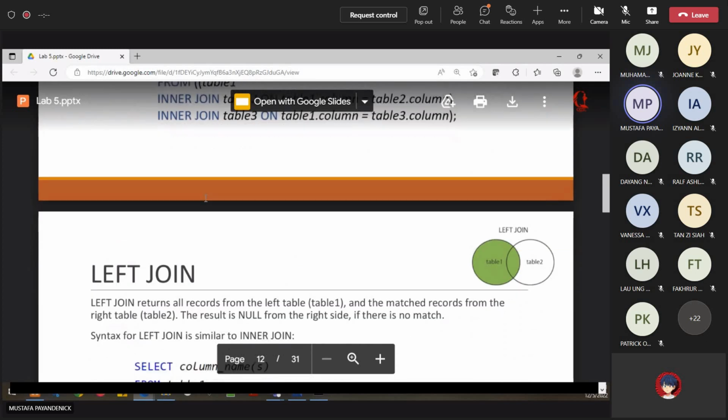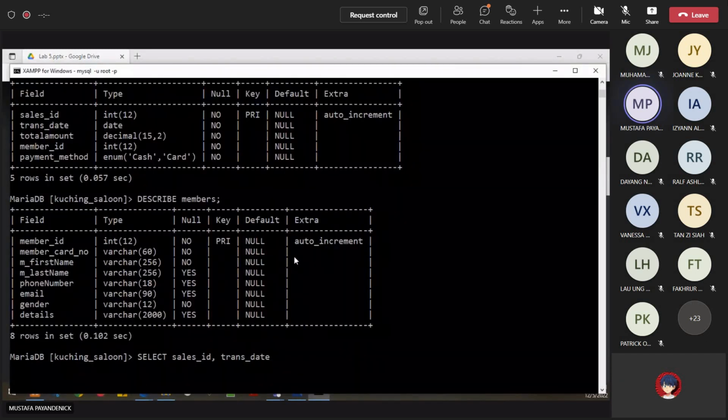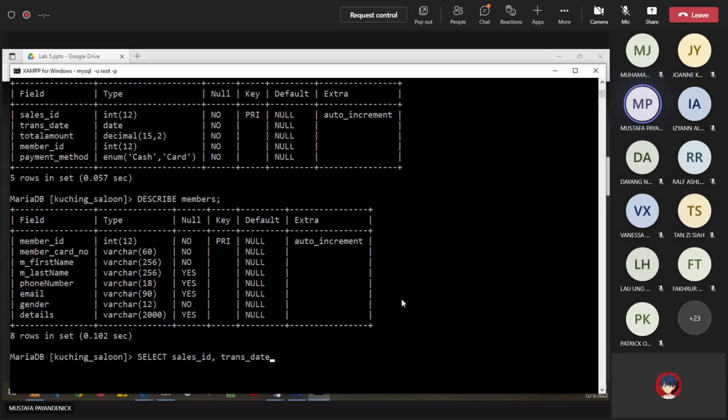What is an alias? In SQL, it's possible to use aliases. An alias means a different name. As an example, if I want to use this table, what is the table name? I have to write it like this: sales, the specified table name, dot sales ID. But maybe this is too long to type every time. What I do, I just say s